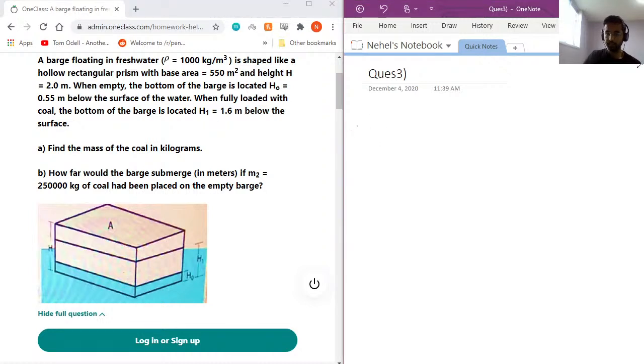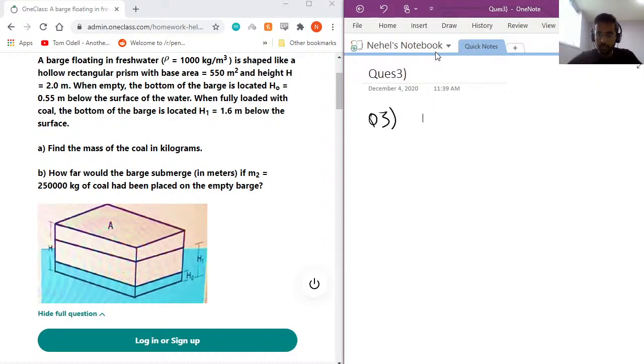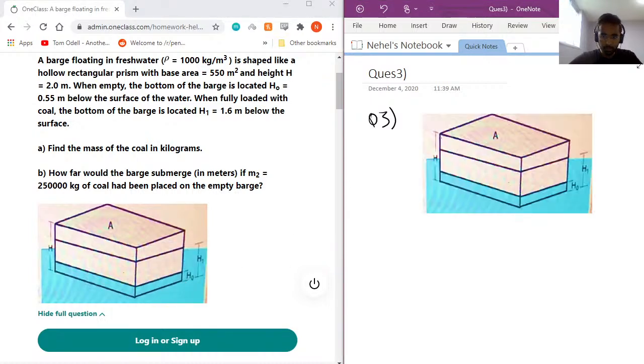A very important principle we need to know to solve this question is, first, how to draw the free body diagram of this. Secondly, we need to know about buoyant forces. So for question 3, this is the question. What I'm going to do is just draw over this question. So initially we need to find,